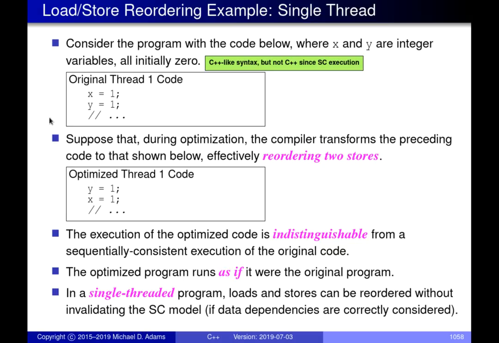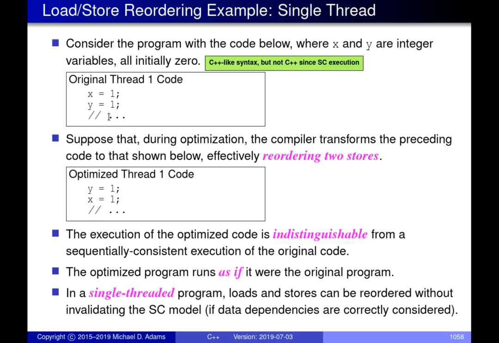Anyway, what I'm considering in this particular case is a very simple single-threaded application where we have variables x and y, and they're initialized to 0. Then we have two lines of code here which set each of these variables to 1. They were initially 0 and we're setting them to 1. And then there's some other code here, the dot, which is not so important in terms of what it's doing from the point of view of the example, but presumably it's using the values of x and y to do some kind of computation.